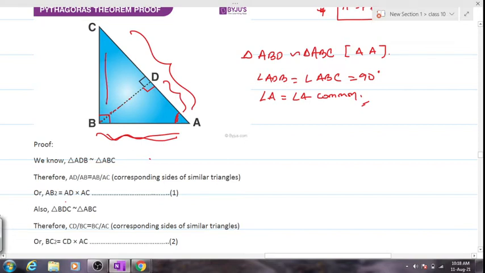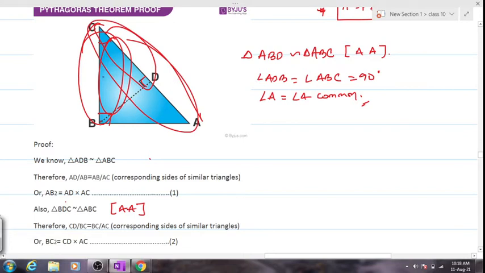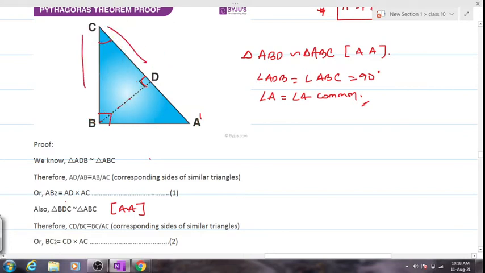Then again we'll be considering this triangle and the entire triangle. Can again we prove that these two are similar triangles? This one and the entire one. This angle is common and this angle is 90 degree. Clear? Again, angle similarity, we can say that these two triangles are similar to each other. Once we call it similar to each other, can we say that CD by BC will be equals to BC by AC? This by this equals to this by this. Yes or no? Then again we cross multiply to get the second equation. Is it clear?